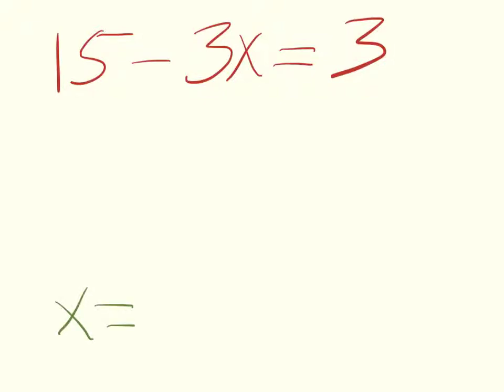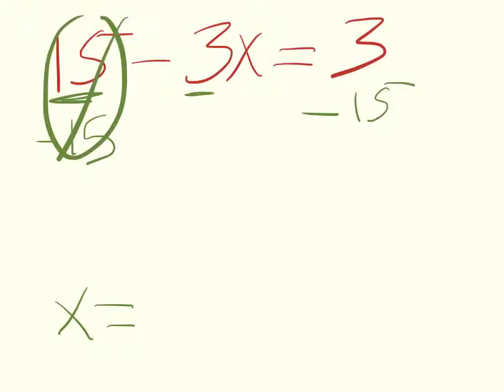So I have a couple numbers getting in my way of doing that. This 15 is in my way, and this 3 is in my way of getting x alone on one side of my equation. So right now I have positive 15 minus 3 times x equals 3. I'm trying to get x alone, so I'm going to get rid of this 15 first. I'm going to subtract 15 from each side. Now I have these two equal 0, so I bring down my negative: negative 3x equals